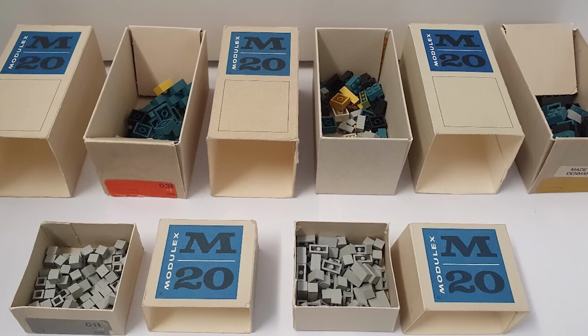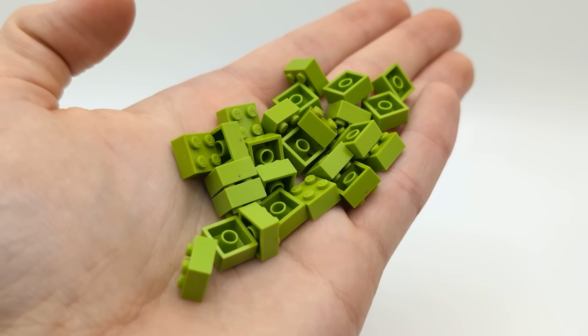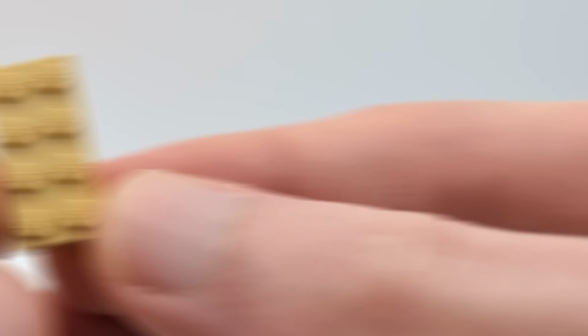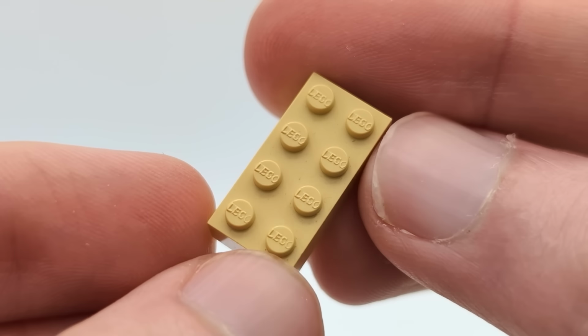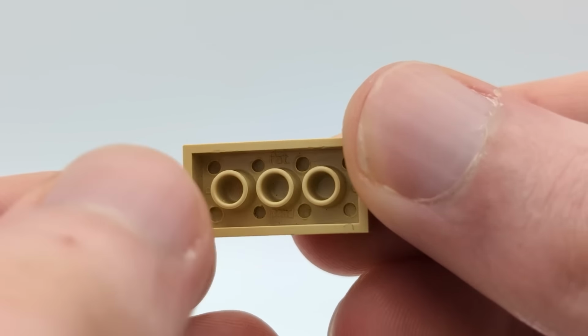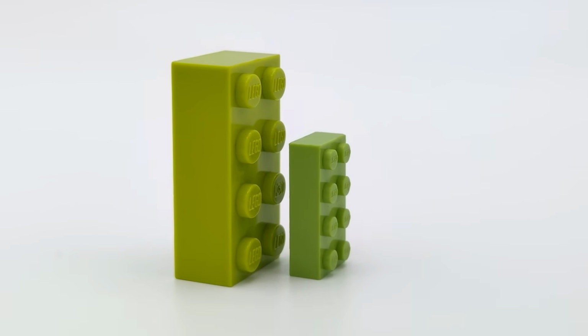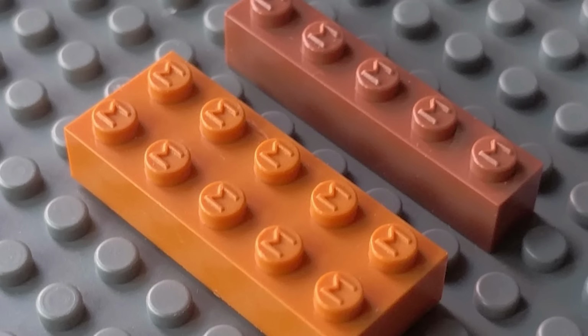Although they were smaller, these bricks were actually made from the same ABS plastic as regular LEGO elements, and were made to the same level of quality too. At first, these bricks were even branded with the official LEGO logo molded directly onto each stud. While that would eventually change for marketing reasons, it showed how committed LEGO was to making these bricks the very best. These Modulex bricks came in a range of sizes, mostly in line with standard LEGO bricks, with the coolest